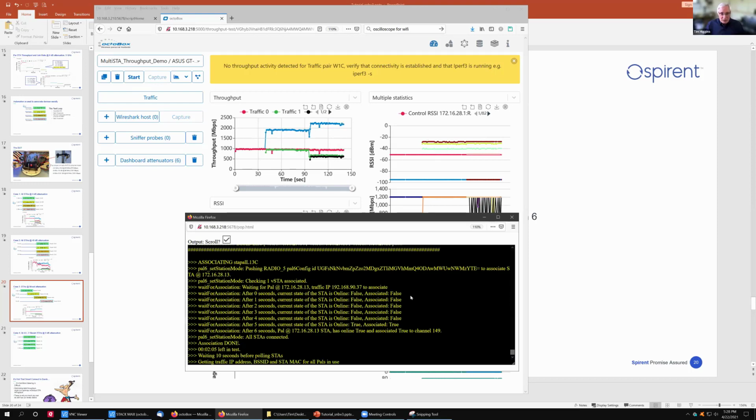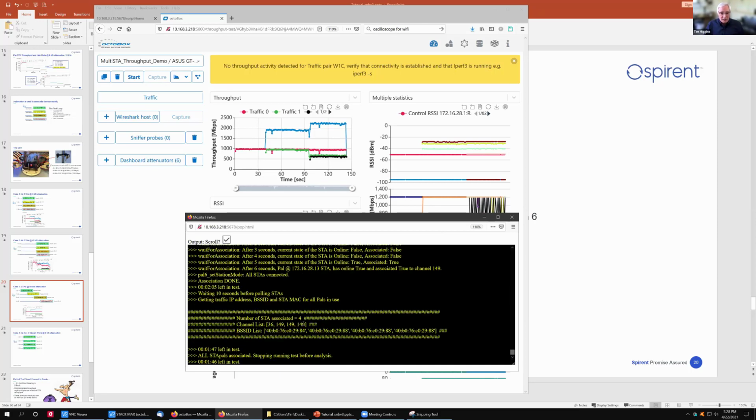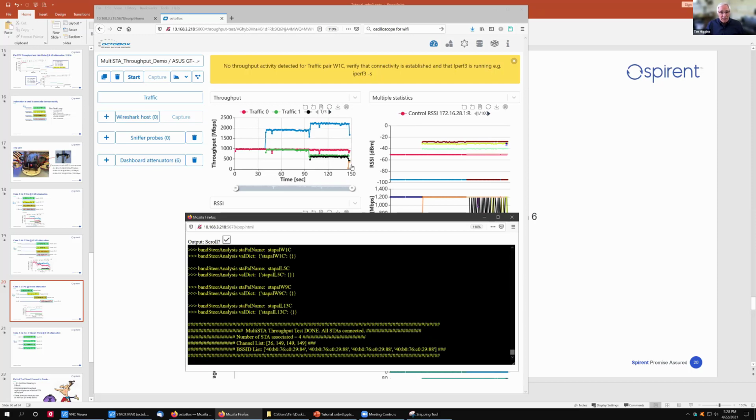So the last station, the router did not split things accordingly, and so we ended up with 3 stations on 149. That last station, you do see a little bit of a throughput drop, because now you have 3 stations sharing it, but you didn't get a real big drop in total throughput.